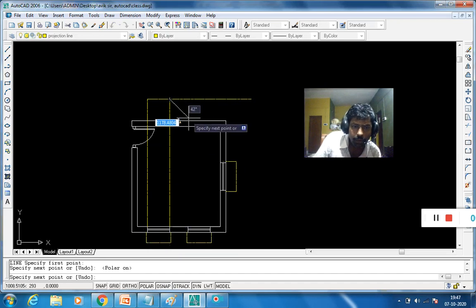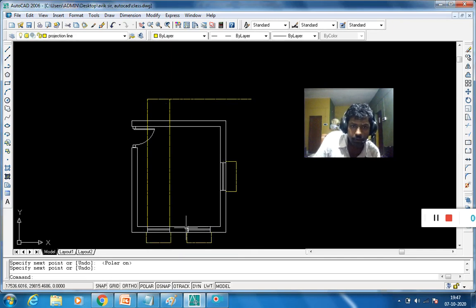To repeat the command, press spacebar or enter.